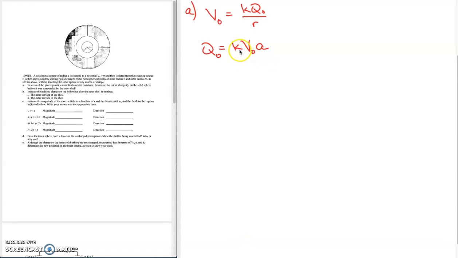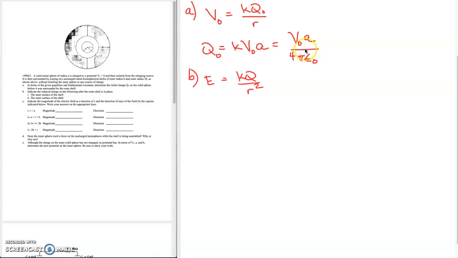Now, we could also say k is 1 over 4 pi epsilon naught. So if you prefer that, you can have 4 pi epsilon naught in its place instead of k. All right, B. That guy has 4 parts. Magnitude of the electric field is a function of r for the regions indicated below. All right, now, the electric field from a point charge is going to be kq over r squared. And in this case, q is going to be